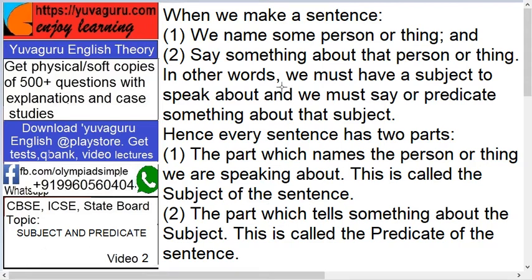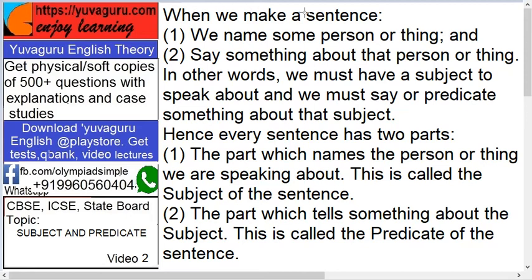I am talking means what? There are two parts in this: I and talking. We name somebody and we tell what that person is doing. You are watching, again two parts, you and watching. He is walking, he and walking: there is some hero in the film and what that hero is doing, that is the second part. So always remember two parts, hero and what that hero is doing, hero or heroine, whatever it is.